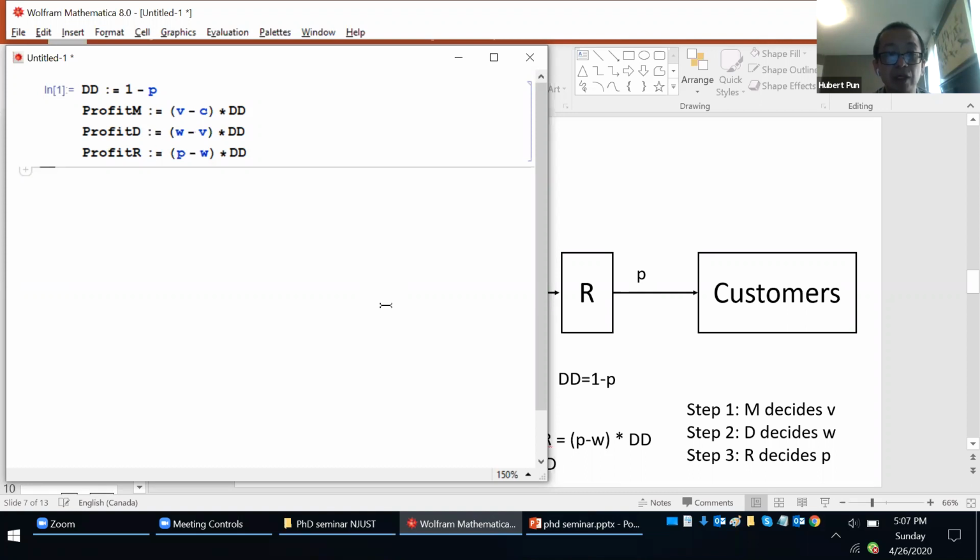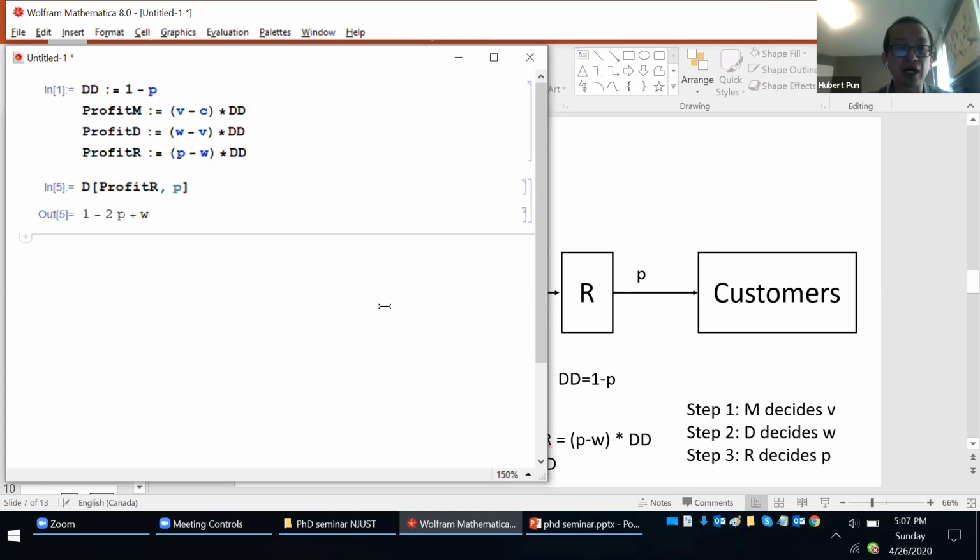We go from the retailer finding the price P, and then back to the distributor setting W, and lastly the manufacturer setting V. So first we want to take the derivative of R as a function of P, and then we have this specific value, and then we want to copy this value and find out what is the price that maximizes the retailer's profit. So we do Solve this value == 0, P,